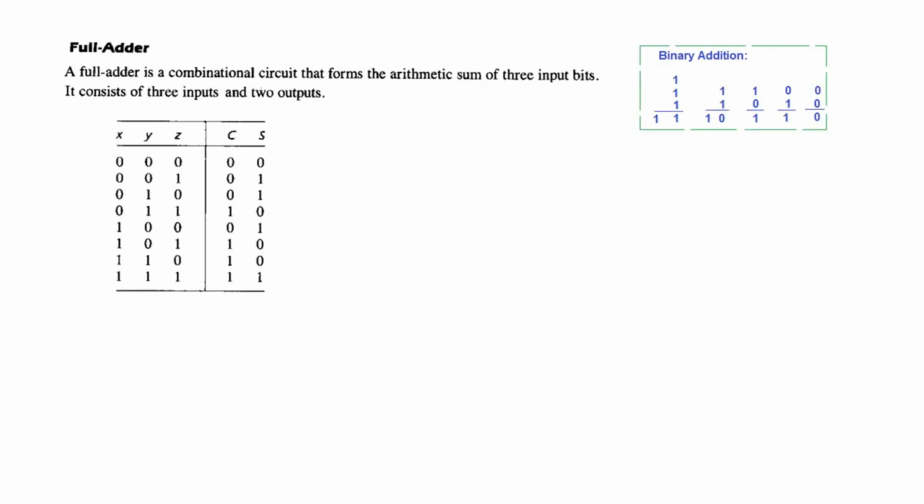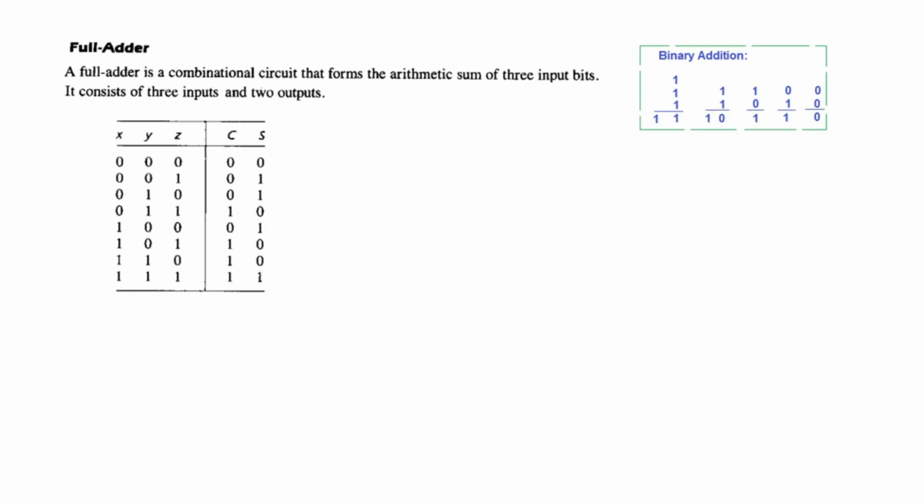Now let's talk of the full adder. The full adder will add 3 binary bits, so just like here, we'll have 3 inputs, and I am sure by now you have learned how to fill in these columns. So we have all the 8 possibilities, 2 raised to the power 3, so 8 possibilities we have written. And now